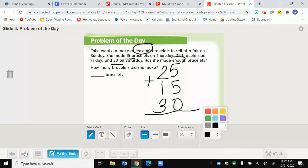Okay, now let me draw my invisible line here. I had someone ask me yesterday, Mrs. Hiller, can I still draw the line on mine? And yes, you can draw the line. Mrs. Hiller likes to draw the line, especially when we write it ourselves, because sometimes, let's be real, boys and girls, our handwriting gets a little sloppy. So when we draw that line, it helps us really see which side is the ones and which side is the tens, okay? All right, so now remember when we add 3 together, we have to do a little